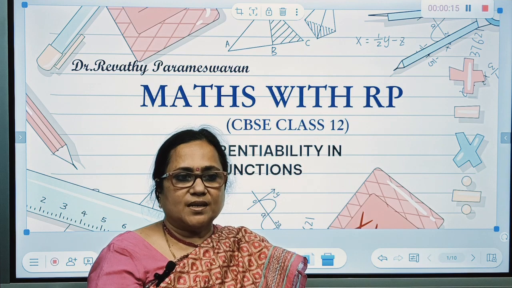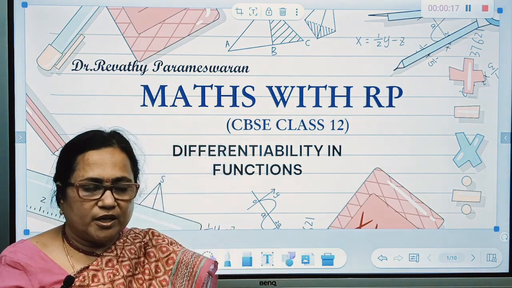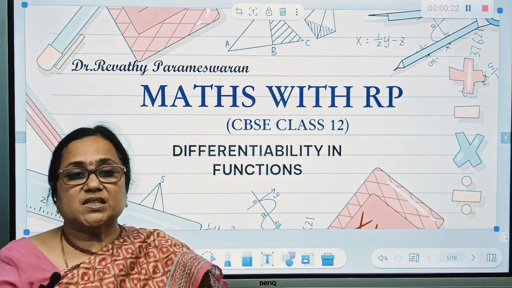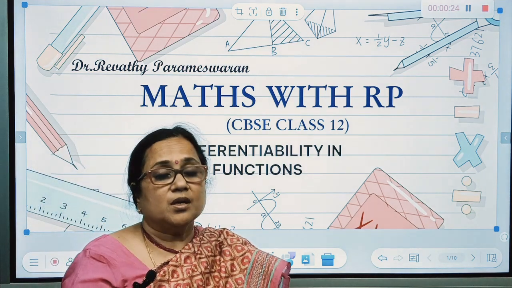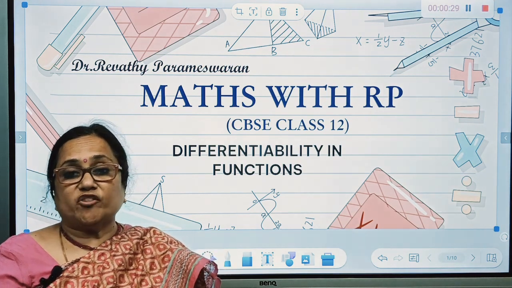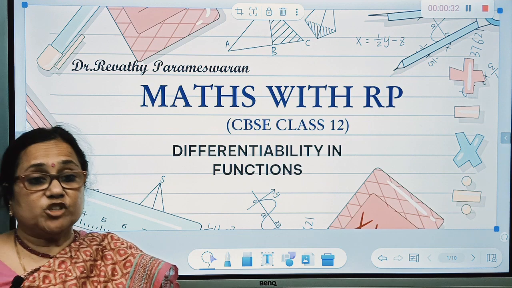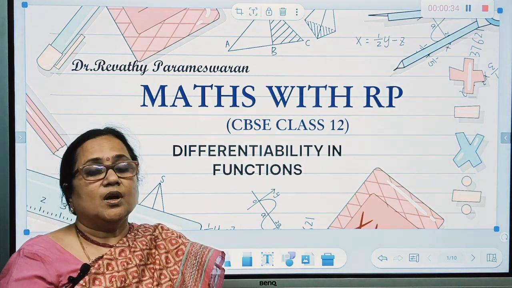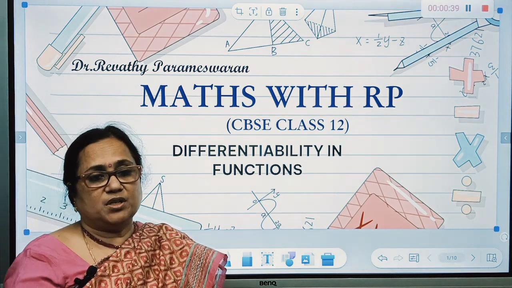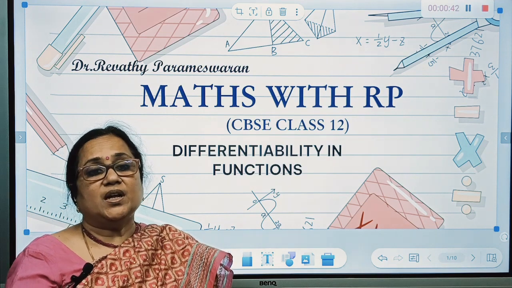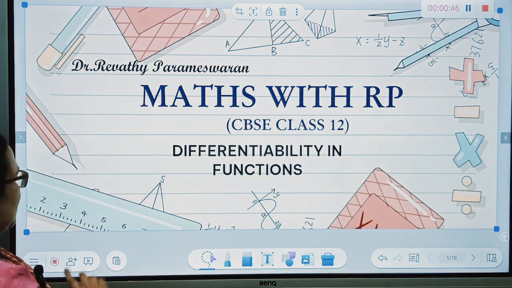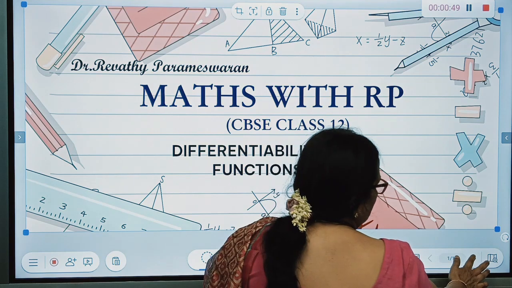In class 12 syllabus, there is a topic called continuity and differentiability. In my earlier videos, we have been discussing what is continuity, what are continuous functions, and we also saw the graphs of many continuous functions and some which are not continuous also. Today we are going to see what we mean by a differentiable function and what is the connection between continuity and differentiability. So first let me explain with the help of a drawing.